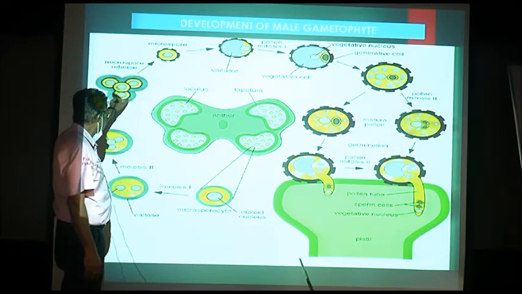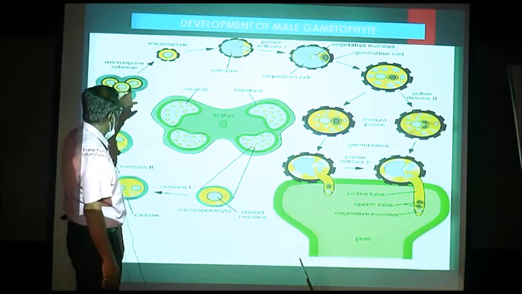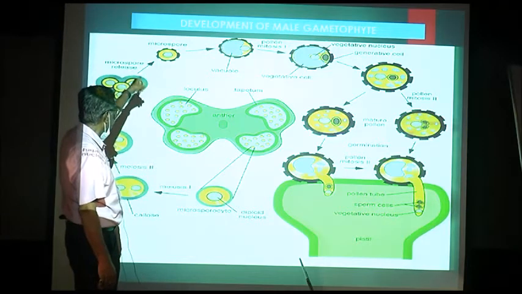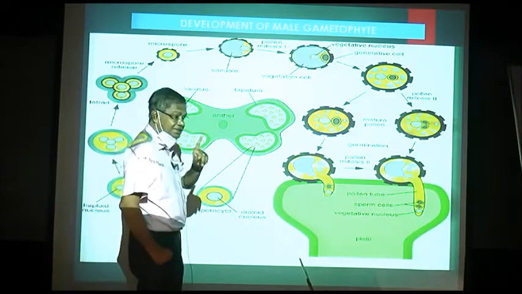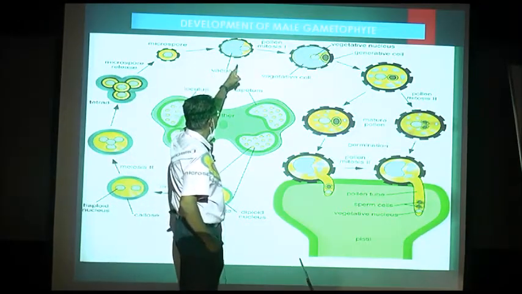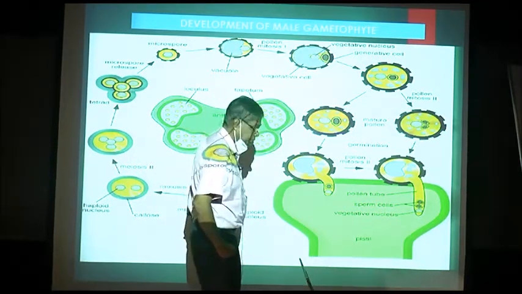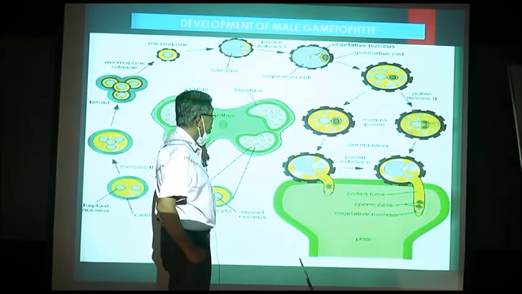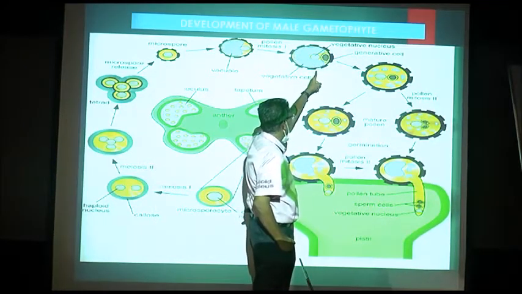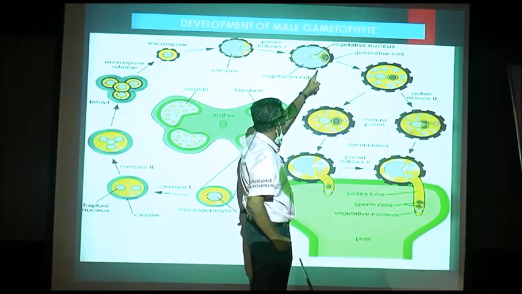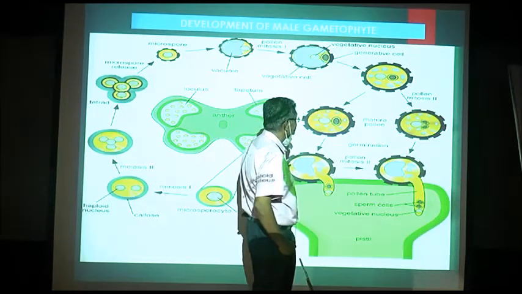These are microspores and they are in the form of a tetrad, and the microspores develop 2 walls, exine and intine, and that is the microspore. And inside the microspore there is a single nucleus. The nucleus is pushed to one side, and this nucleus divides into 2 cells by mitotic division, and still it is n number, and one cell is vegetative and the other cell is generative. The vegetative cell is large and the generative cell is small.